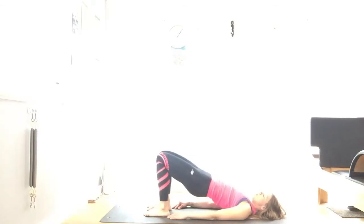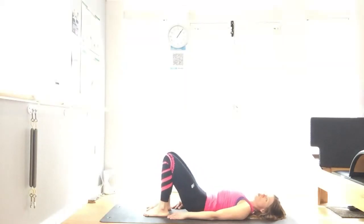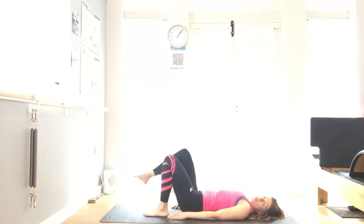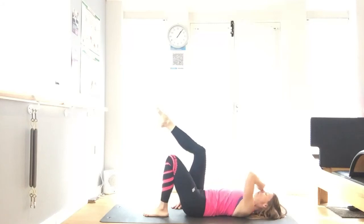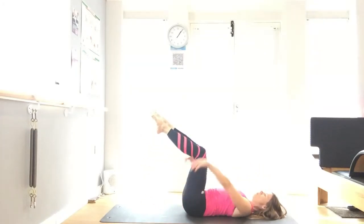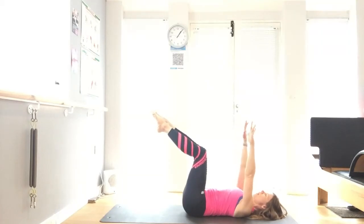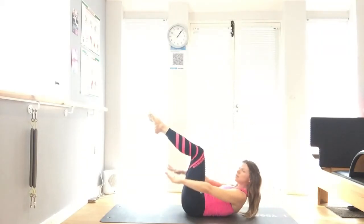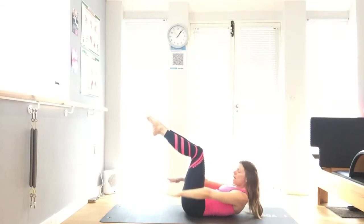One more inhale. And on your exhale, roll your spine down one vertebra at a time, controlling any wobbles side to side and release to your neutral. Pick your right leg up to tabletop, push that lower back into the mat. Pick your left leg up to tabletop, float the hands up to the ceiling, widen the collarbone, inhale, exhale, nod the chin, flex the upper thoracic spine, reach your hands towards the opposite side of the room, and let's pump our arms for 5,